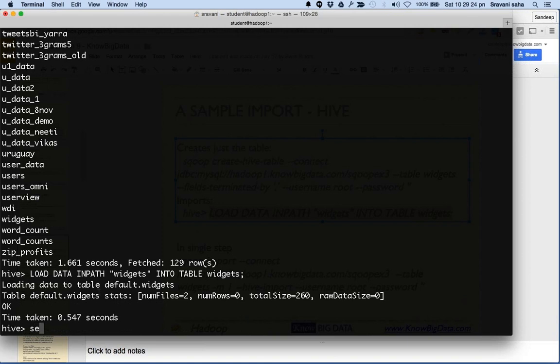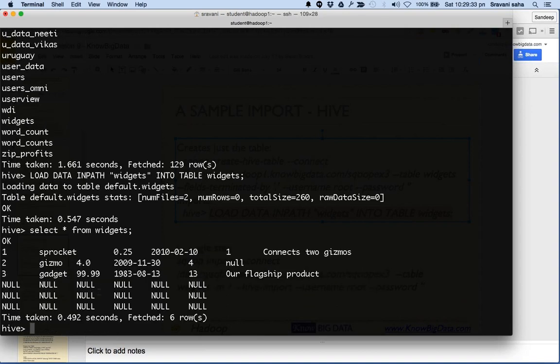If you remember correctly, that is how we did it earlier in case of Hive. We create a table, then we load the data from HDFS or from local file system. Here we are loading the data from a HDFS file. Now you can see that the data has been copied, and I think we should say